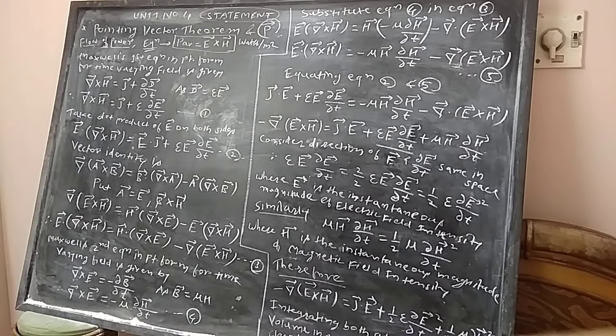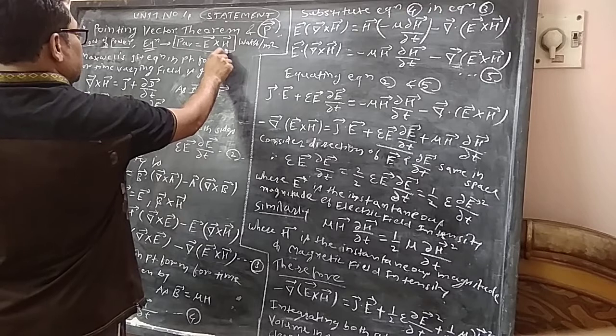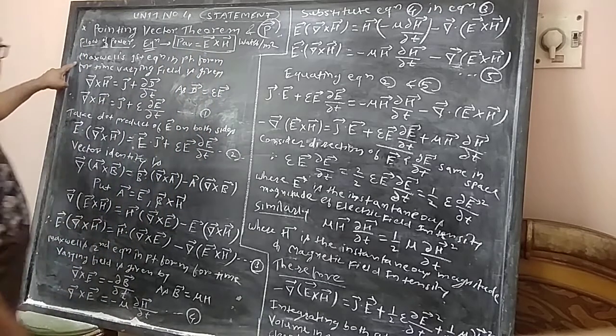That is therefore, we can say in the direction of propagation of the wave. Therefore, the flow of energy takes place in the direction of propagation of wave. So, this indicates the flow of energy takes place in the direction of E multiplied by H vector, that is nothing but electric field and magnetic field. Now, coming to the derivation part of this Poynting vector theorem.